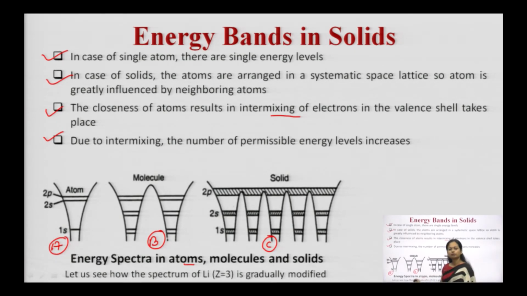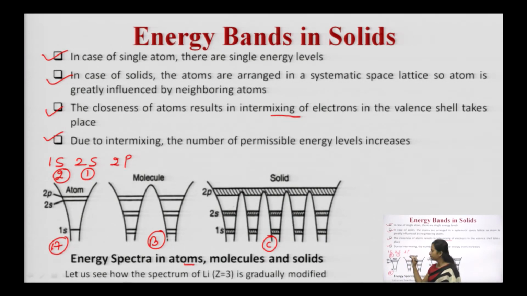And to explain it, I have taken an example of lithium. How many electrons are there in the case of lithium? You must be aware, 3 electrons. So what could be the electron arrangement? If we talk about 1s, 2s, 2p, since lithium has 3 electrons, out of these 3, 2 will be in 1s, 1 electron will be in 2s, and 2p will be